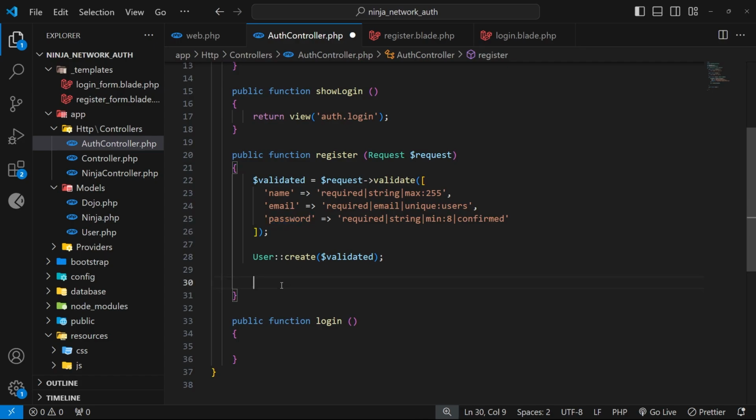Right, so we've validated the user input and we've created the new user. Now what? Well, even though we've saved that user to the database, that's pretty much all we've done, right? We've not authenticated or logged that user in yet. We've not created a session cookie for them either. So we need to do that next. And Laravel makes this really simple for us because it comes fully baked with its own authentication service that we